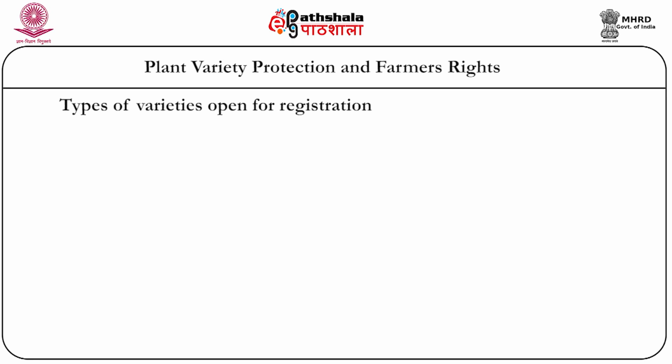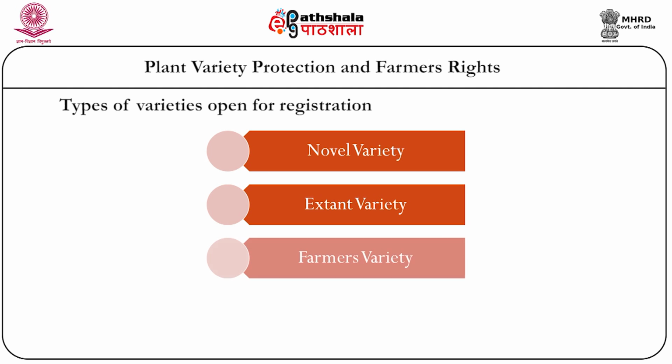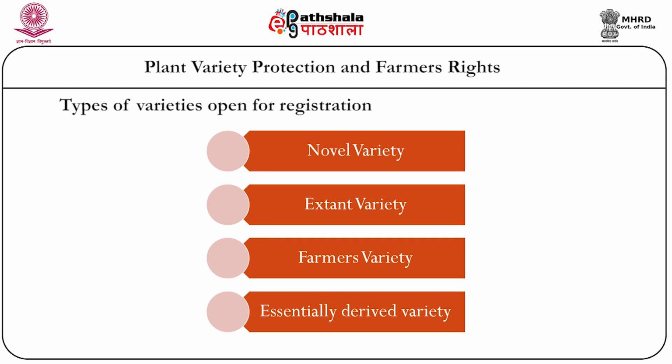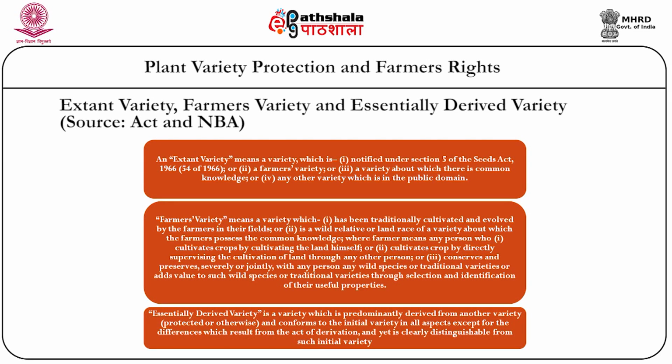The types of varieties that are open for registration under the PPVFR Act are novel varieties, extant varieties, farmers' varieties and essentially derived varieties. An extant variety means a variety that is notified under section 5 of the Seeds Act 1966, a farmers' variety, a variety about which there is common knowledge, or any other variety which is in the public domain. A farmers' variety under the Act means a variety which has been traditionally cultivated and evolved by the farmers in their fields,